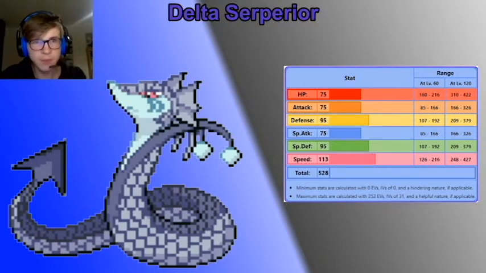Today's Delta Serperior, which is a water and dragon type, which is pretty good defensive typing, only being weak to fairy and dragon, and freeze dry obviously, but that's not really a type. Offensively is also pretty good. Looking at its stats, it is a pretty decent mixed attacker with a very high speed